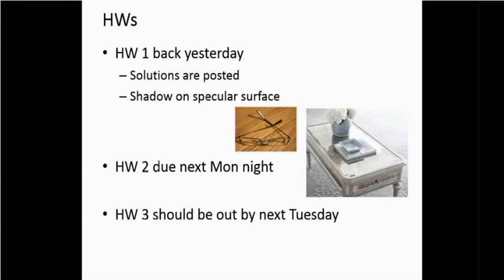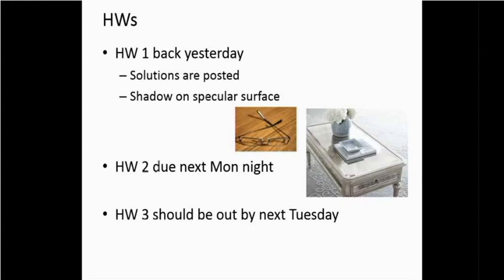One thing to note is I had some questions in office hours about shadows on a specular surface, which I didn't really answer directly. The easiest way to check whether it's possible to see a shadow on a specular surface is to think about it: have you ever seen a shadow on a mirror? And you haven't, if it's a full mirror. The reason is that a shadow is a dark spot on a surface where light came in from one direction and not as much light hit that surface due to being blocked by another object. And so when it was diffusely reflected, less light was reflected into your eye,